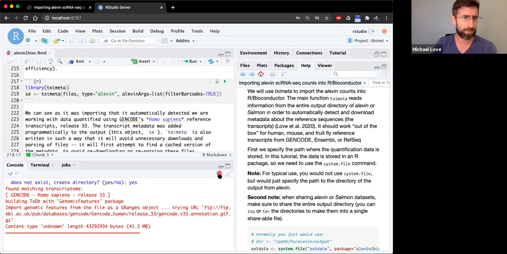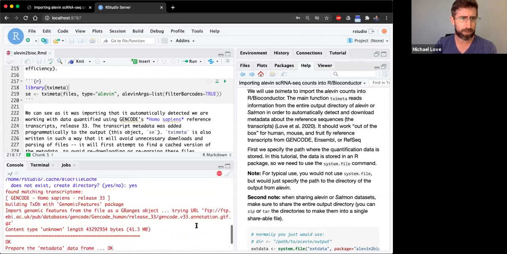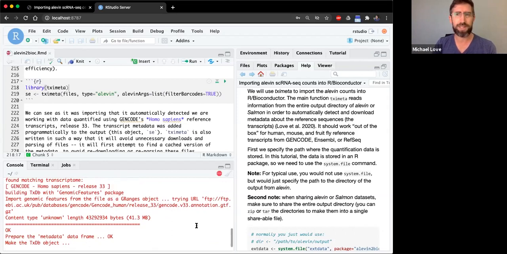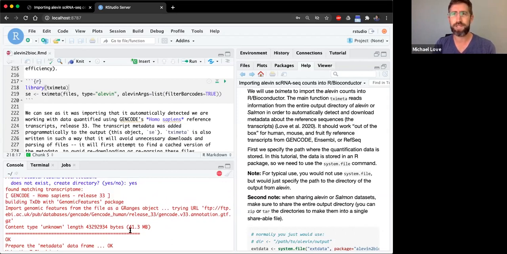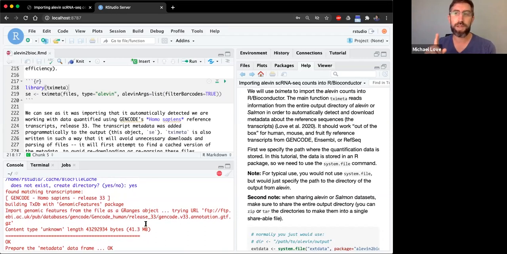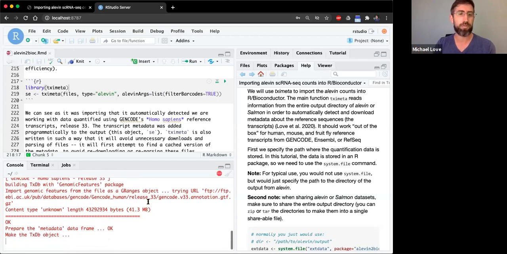I might stop this and try, well, okay, there it goes. So there's just a little lag in downloading that GTF file. Another thing I want to point out is you could use the same cache location for multiple users. So if you had a group on a Linux cluster, you could all specify the same cache location, and then it wouldn't be downloading and parsing these files if someone else in your group had already imported data from GenCode release 33. So we try to make that as efficient as possible to avoid this kind of download